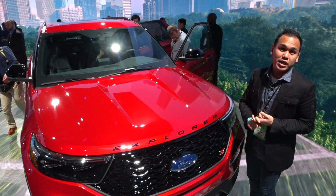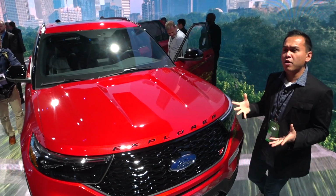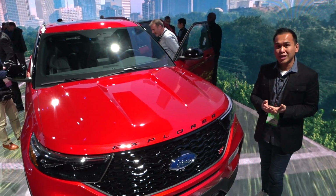Liter V6 naturally aspirated with offers around 318 horsepower. Ford didn't have any fuel economy information for that model yet. They did say